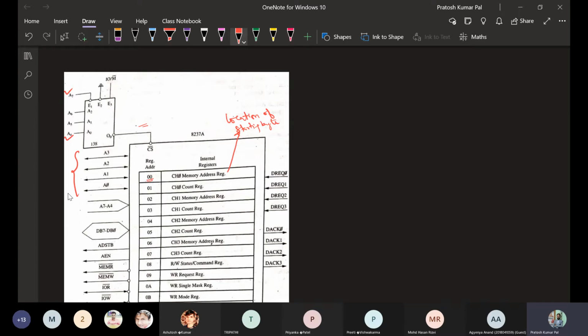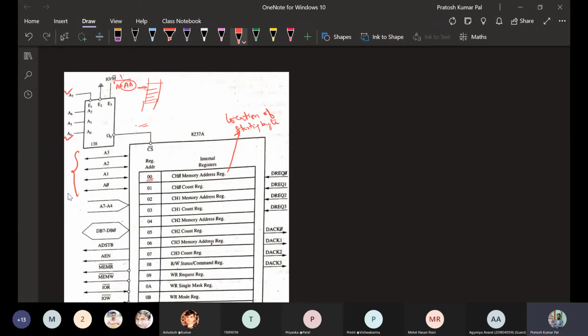That external peripheral can be a floppy disk also. Suppose this is the data that we need to copy to an external device, and the starting address of the data is, say, AA.